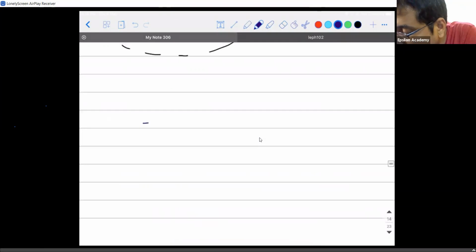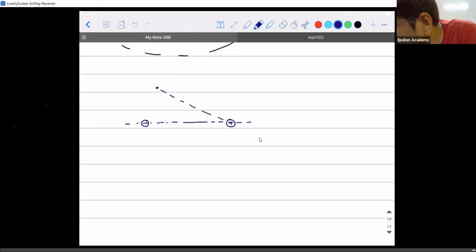Observe. If I take this as negative charge and this as positive charge, then for any particular point, the electric field due to the positive charge is in this direction. The electric field due to the negative charge is in this direction. So what will be the direction of the electric field at this point? It will be closer to the one which has greater magnitude. I hope this point is clear.